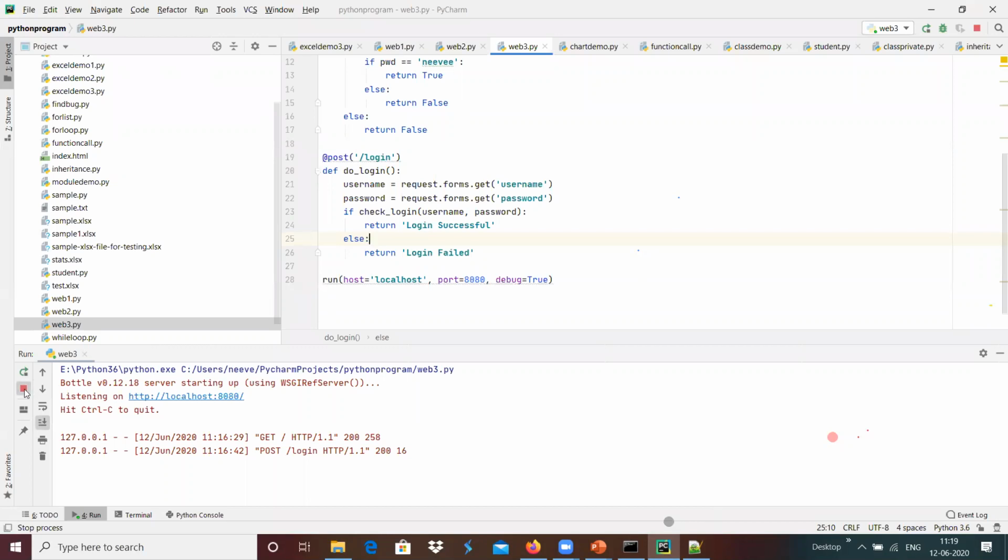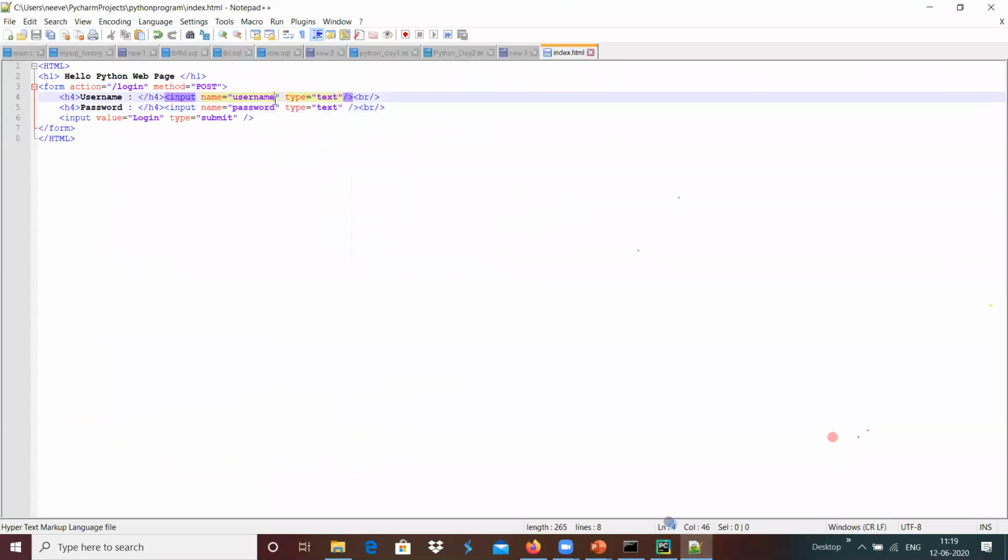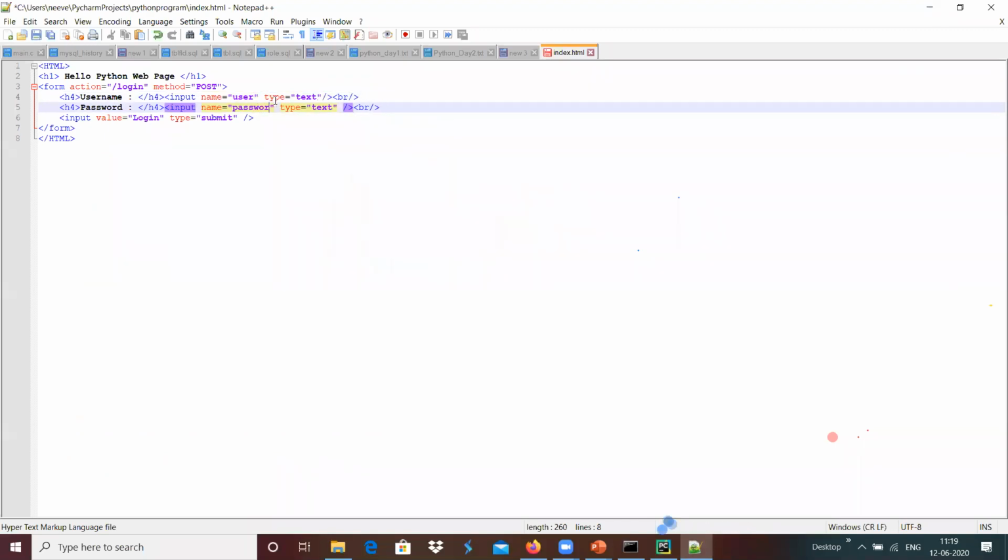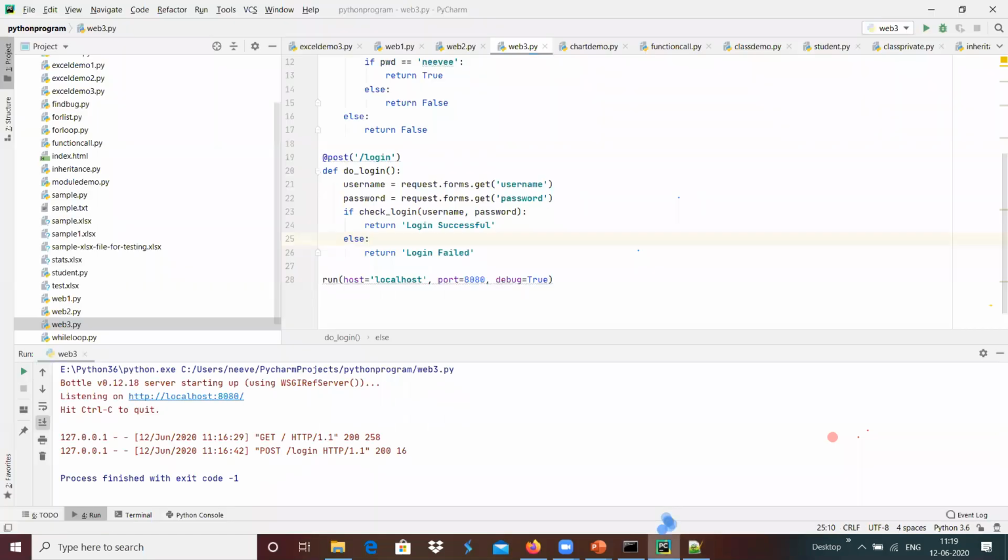I'm going to stop this, and instead of username I'm going to use user, and the password is pass. Then we have to get the information over here with the help of get of user and get of pass. This way we have to link that accordingly.